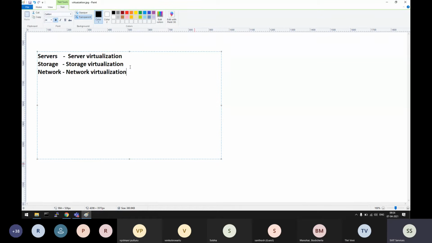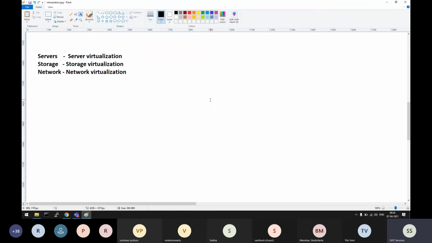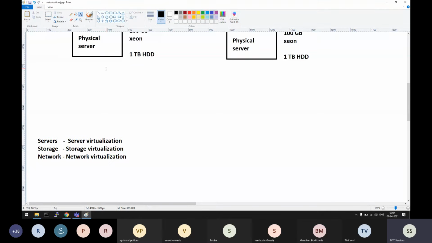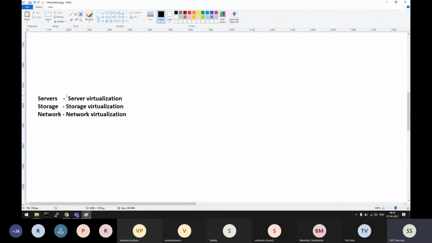So these 3 things will be handled by 3 different teams. Servers will be handled by a different team, storage devices by a different team, and network devices by a different team. All these layers are virtualized now. VMware first came into the market and developed server virtualization. Instead of using physical server computers, use virtual server computers, so that you can reduce your investment on infrastructure and efficiently utilize your hardware to run your production infrastructure, whatever business you belong to.